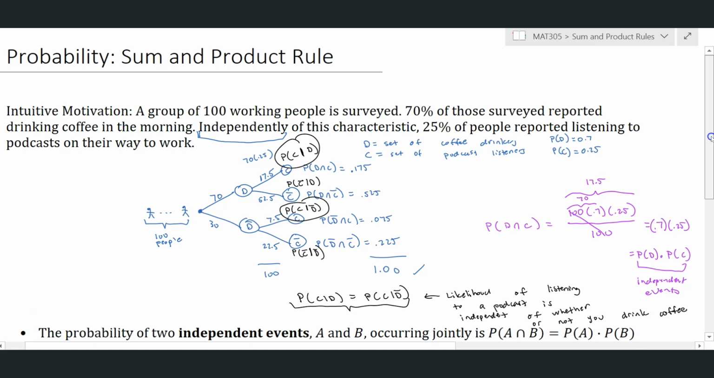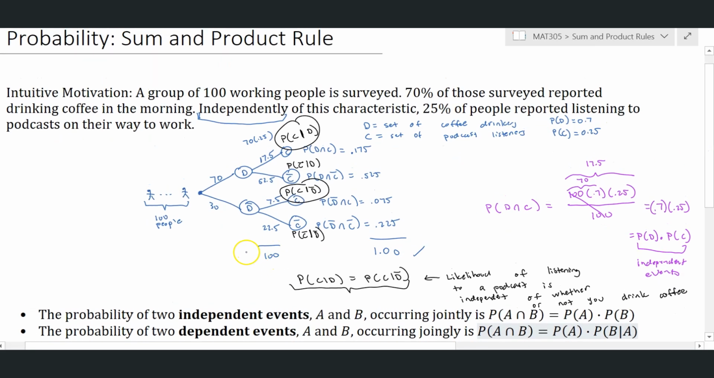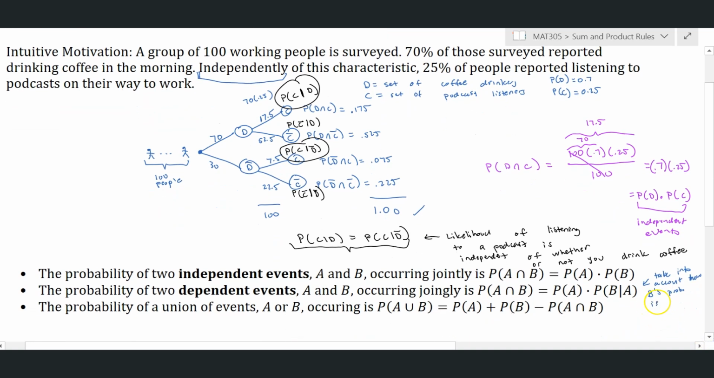Okay, so we would say in summary here that the probability of two independent events A and B occurring jointly is the probability of A intersection B. You can read this symbol as and. This is the overlap between the two sets, or what percentage they share in common, and that's just the probability of A times the probability of B. The probability of two dependent events is the same formula, except all you're doing here is taking into account how B's probability changes or is affected